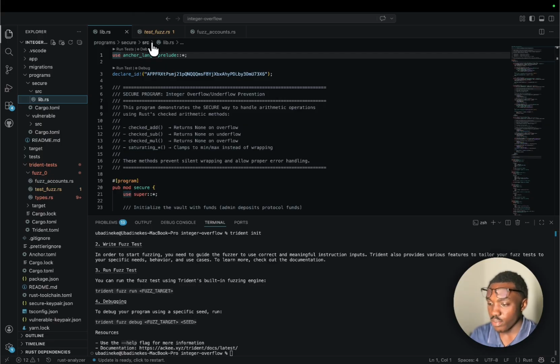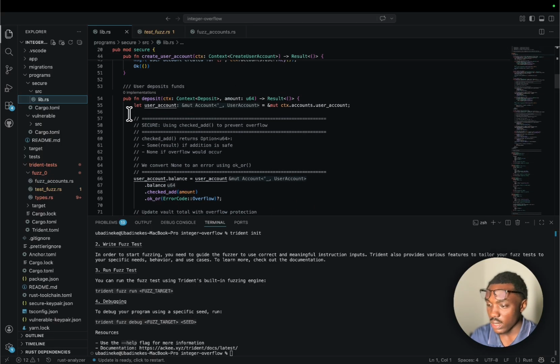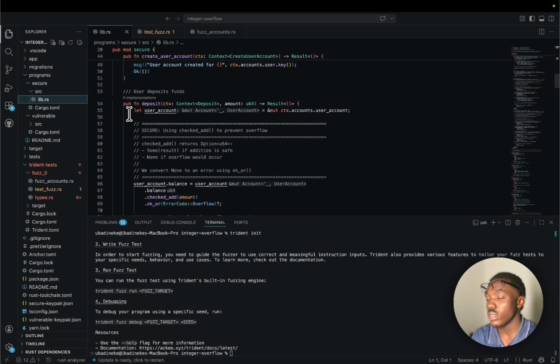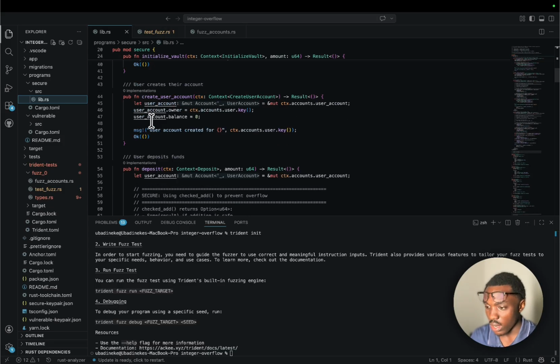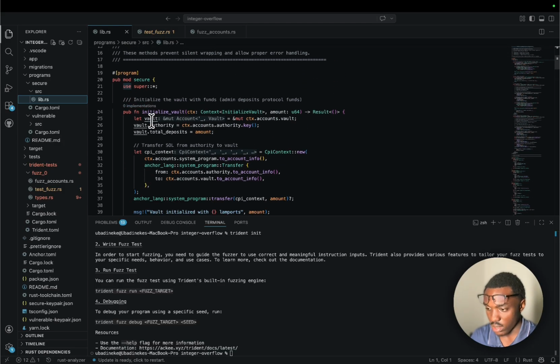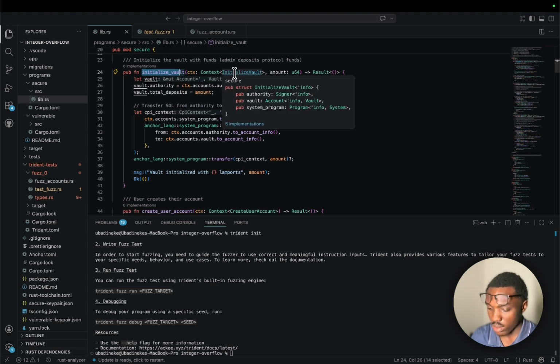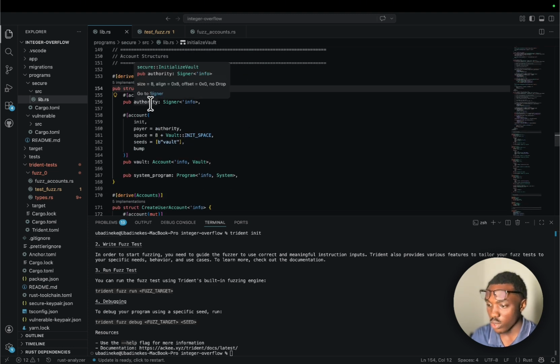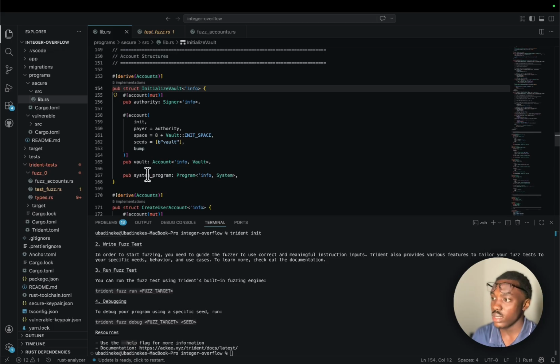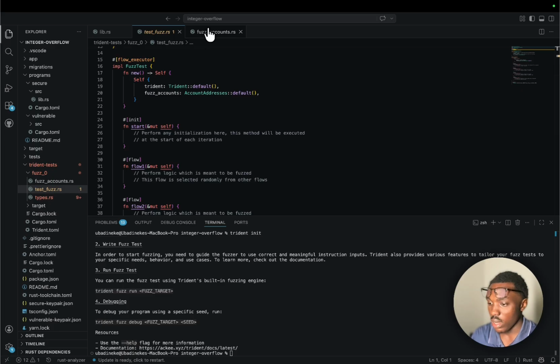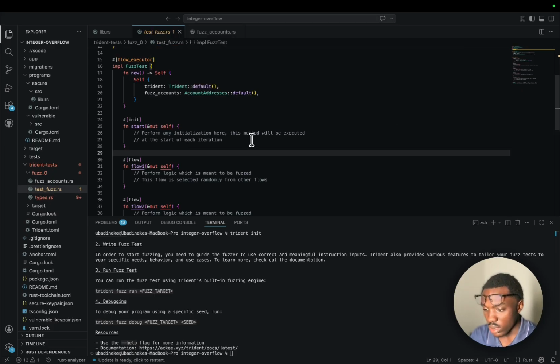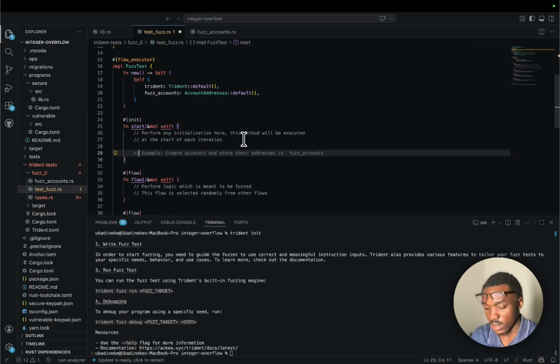Starting out this program, first of all, we need to initialize accounts. What accounts do we need? We need the authority account. See how I do it. Let's go to initialize vault. You see, we need the authority account, the vault, and the system program. The program is already automatically added, so we just come here. My flow is: get or init accounts,